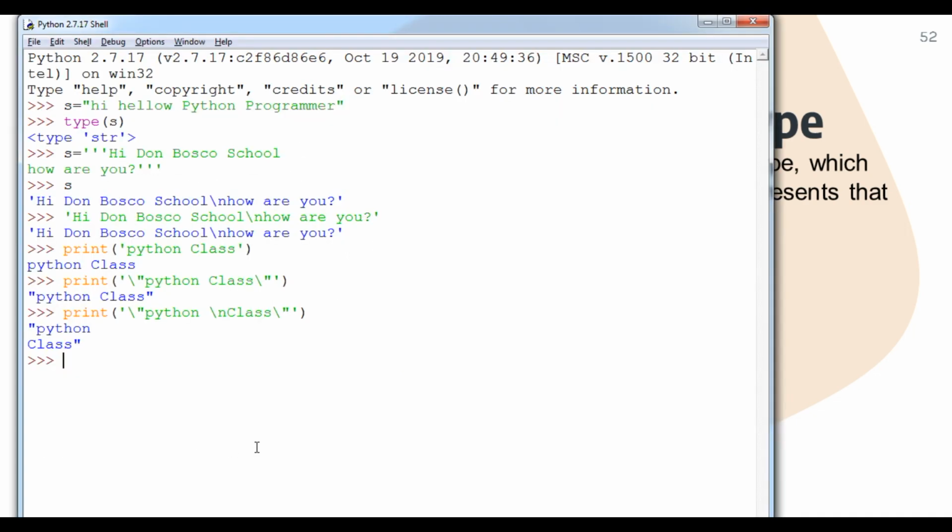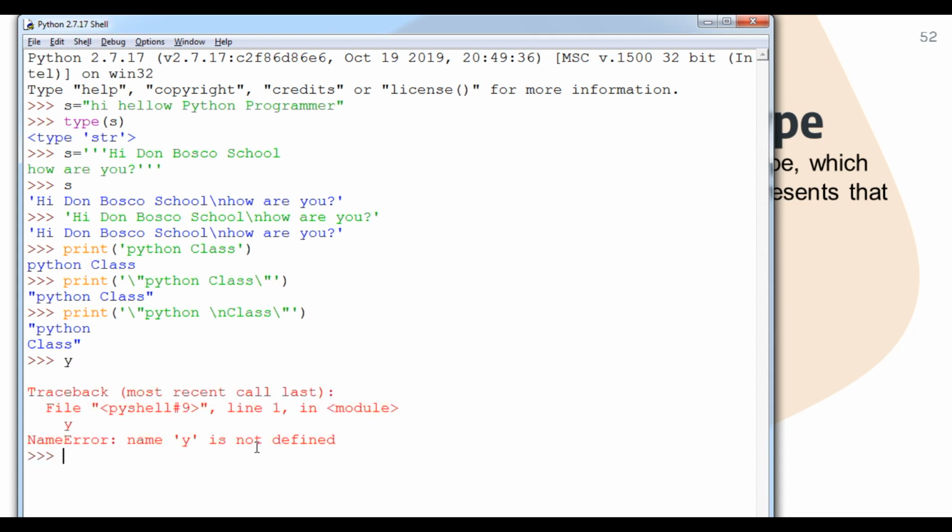Look at this: y. Now you can see that y is not defined because y is actually not defined. So what I will do is y equals None, with N capital. And if I print y, you can see that None has come. It means that in some conditions in our programming, there is a need for a number of variables, but at that time we can't initialize them with a value, because we do not want to use their data type.